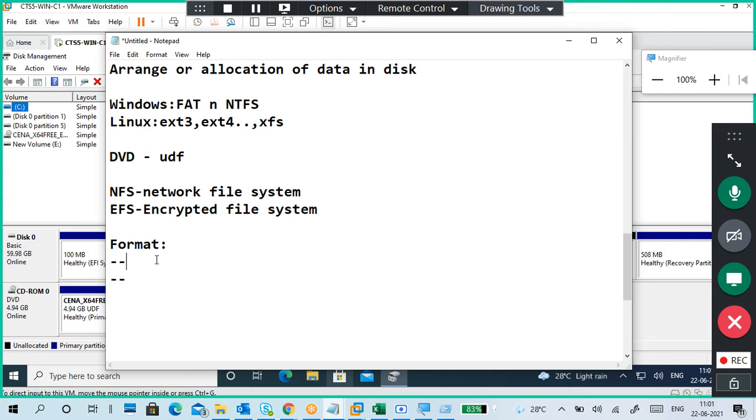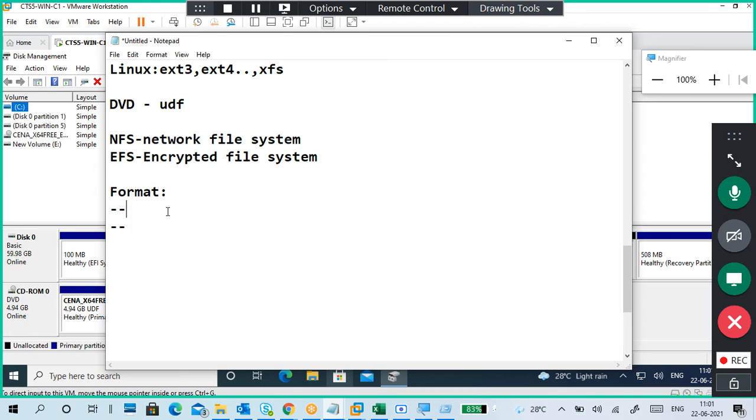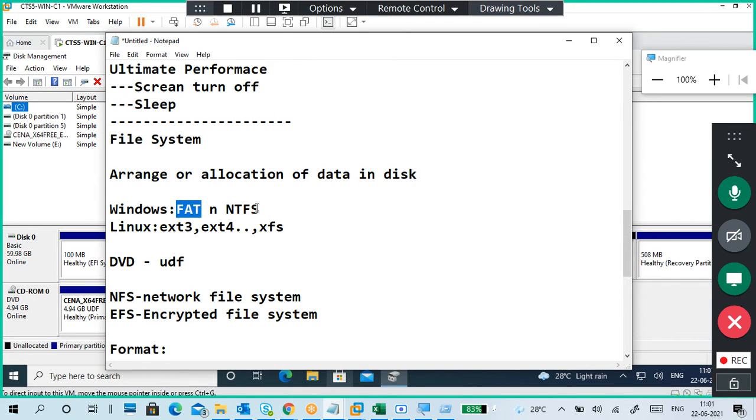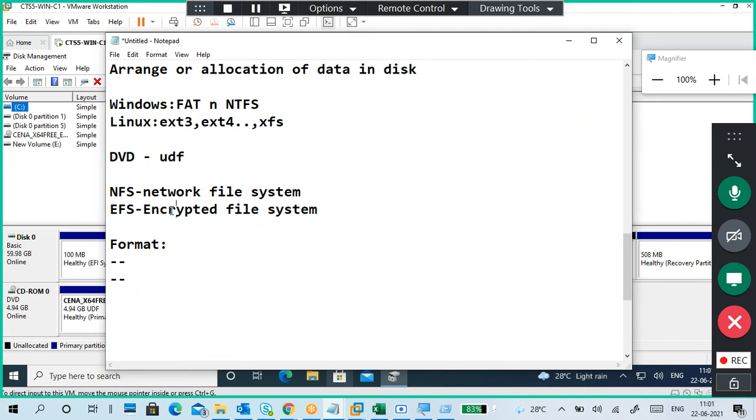Adding a picture, adding your certification logos, so one format is there, right? Whatever it is, we don't discuss that one. Format means the way you arrange the data, but not cleaning up the data actually. So different formats are there: either a FAT format or NTFS format, ext3 format, ext4 format, or maybe EFS format. The data you are arranging in such a thing is in this format. So when you say file system, it contains a format. That is called a format.